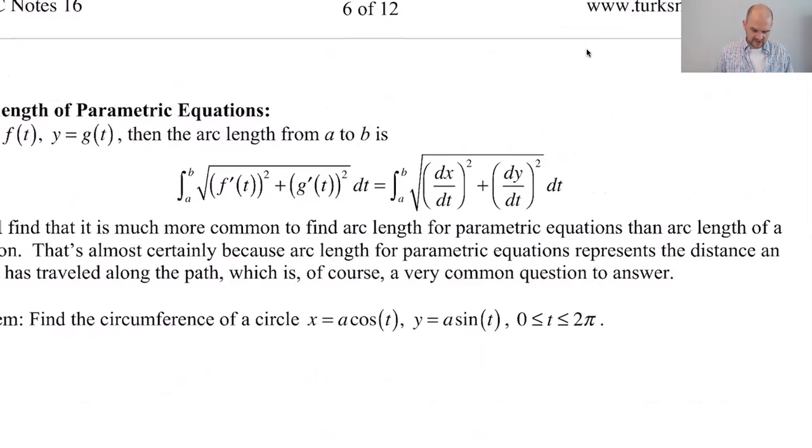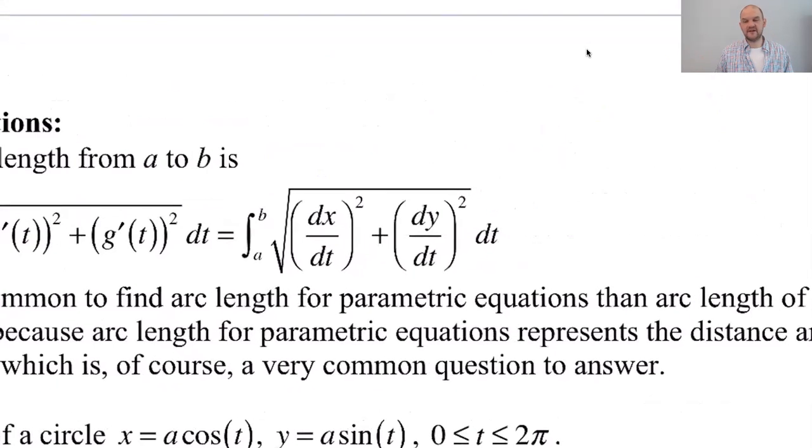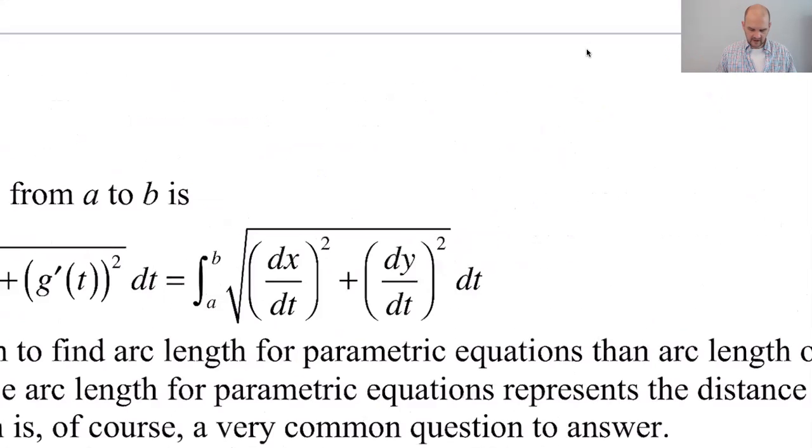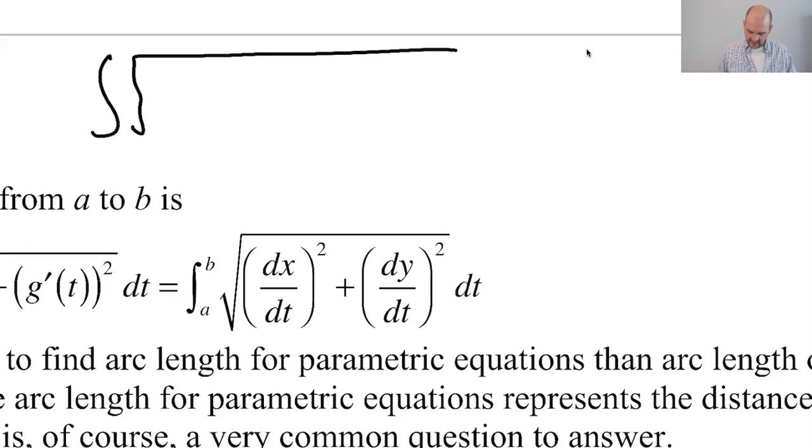This is the formula. It's the integral from a to b of the square root of f prime of t squared plus g prime of t squared, or if you prefer, (dx/dt) squared plus (dy/dt) squared, dt. Now I just want to show you something. We did arc length for a function. I'm going to mess around with this for a second. I'm going to factor (dx/dt) squared out of both, which leaves me with 1 plus